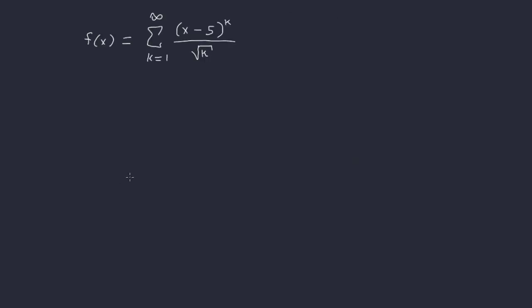All right, so let's take a look at this example. It's the series k going from 1 to infinity, x minus 5 raised to the k all over the square root of k. So here, our center is 5. Our c_k's are 1 over the square root of k. All right, so I'm thinking ratio test here